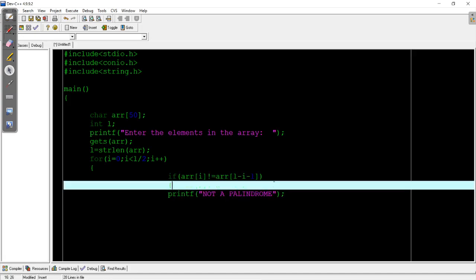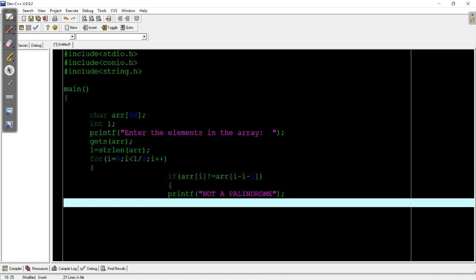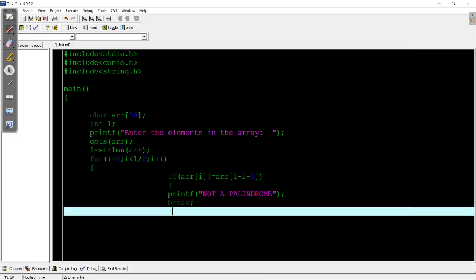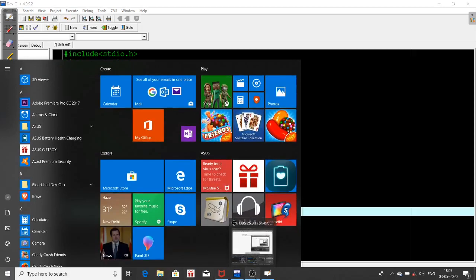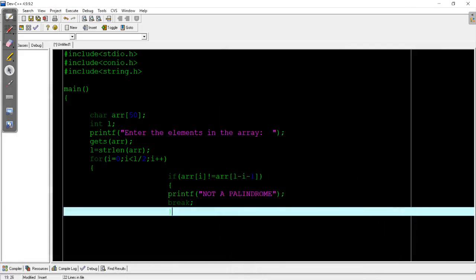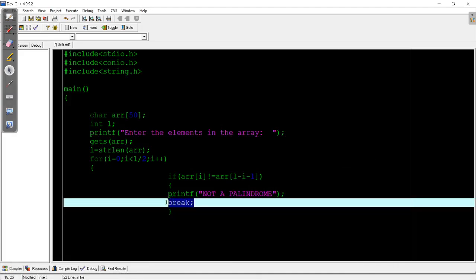So break, because once it is not a palindrome, we have written break, because if even a single letter is not equal or not the same, then we can directly say it is not a palindrome.